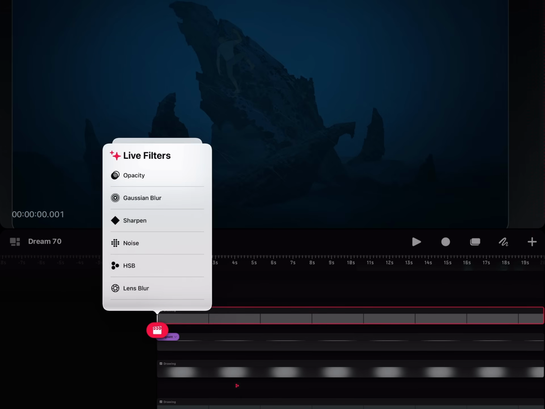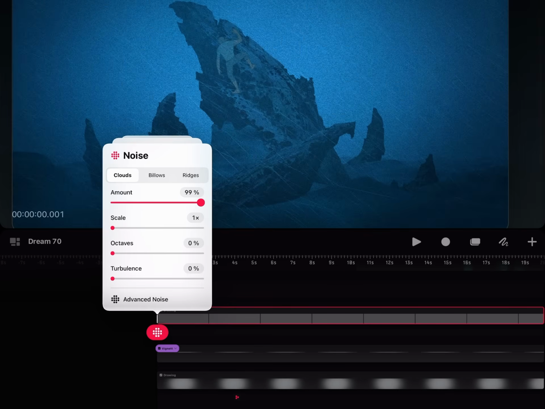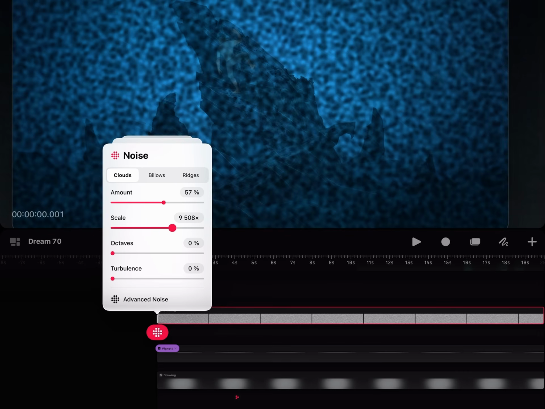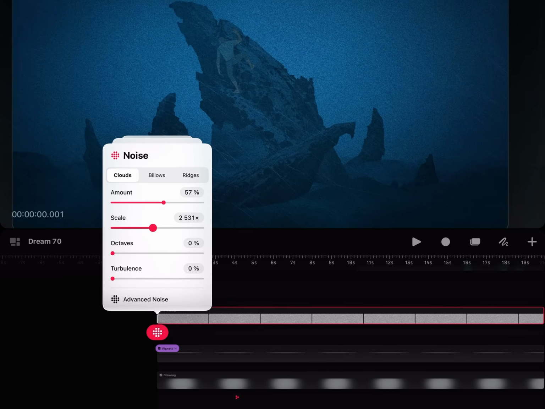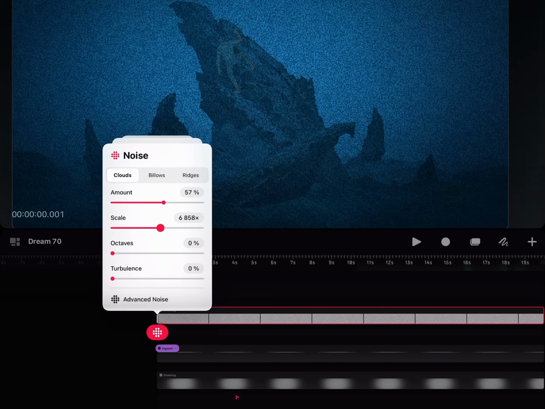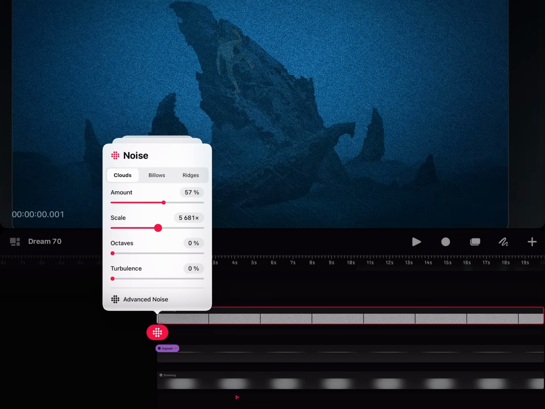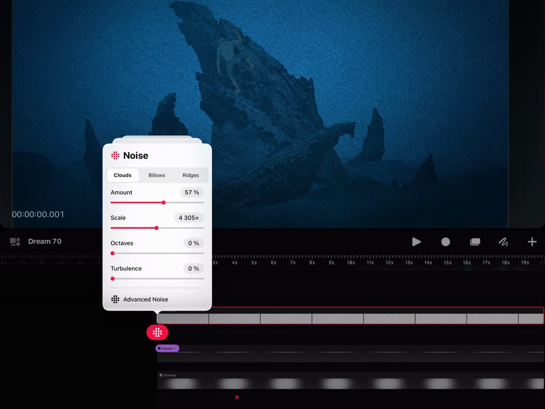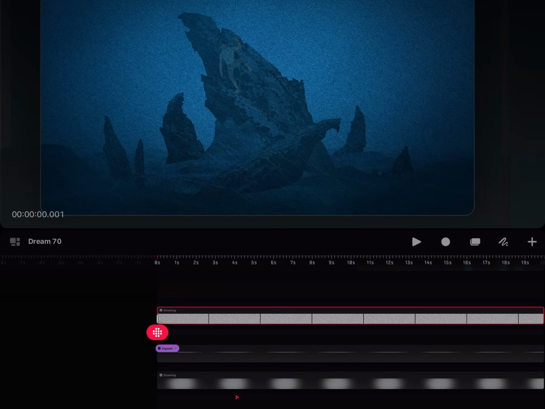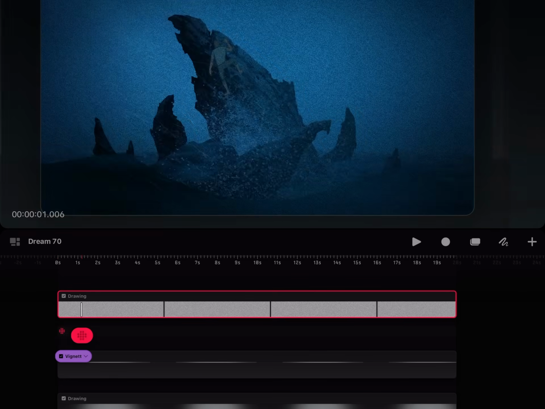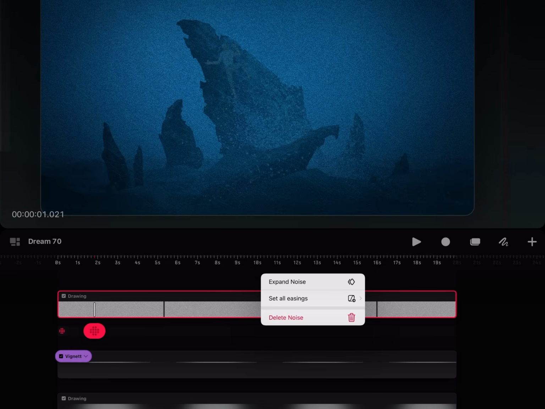And then we add some noise. And you see what noise does. It can make it super bright as well. So we might have to counter this with some HSB. And I want that noise to be not at its smallest, but also not at the biggest. So something like this. I want to try to make it feel a bit more like film grain rather than noise. So let's go to the end, expand noise, go to travel again,